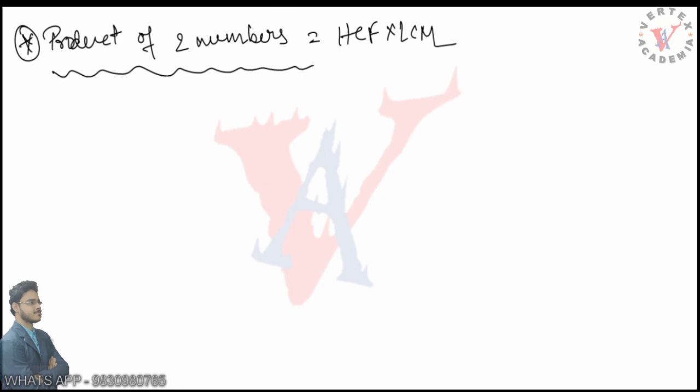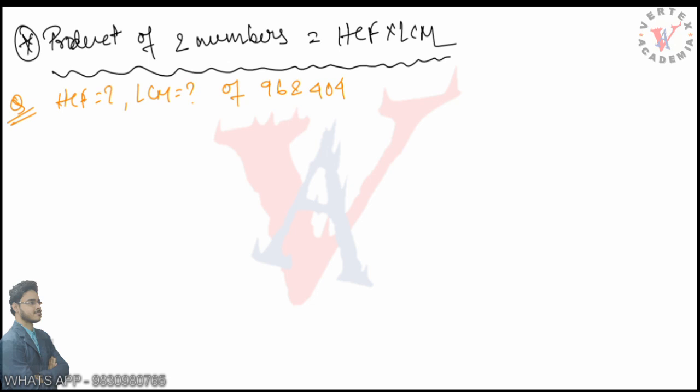You may know this from your lower classes, but there are some problems in NCERT in real numbers based on this. In NCERT, there are some formulas written on HCF, like the product of the smallest power of each common prime factor in the numbers. They are a bit confusing. Don't use them or don't try to see them because they are confusing. If you know this, product of two numbers equals HCF into LCM, you will be able to solve most of the problems. So if we take a problem here, for example, this is the first question. We have to find the HCF and LCM of 96 and 404 by prime factorization.